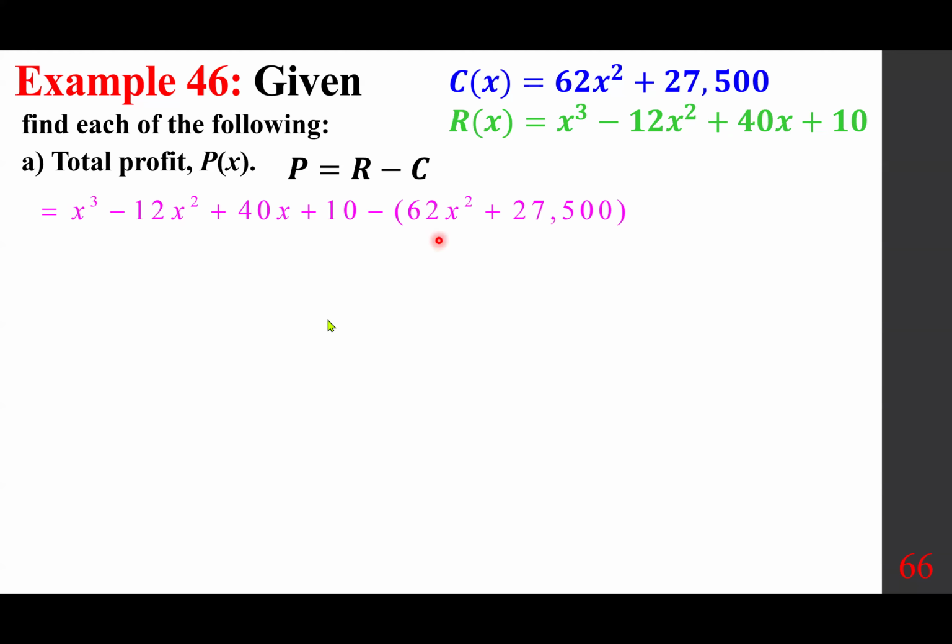So we keep this and we distribute the negative for the parentheses. We get minus 62x squared minus 27,500. And so